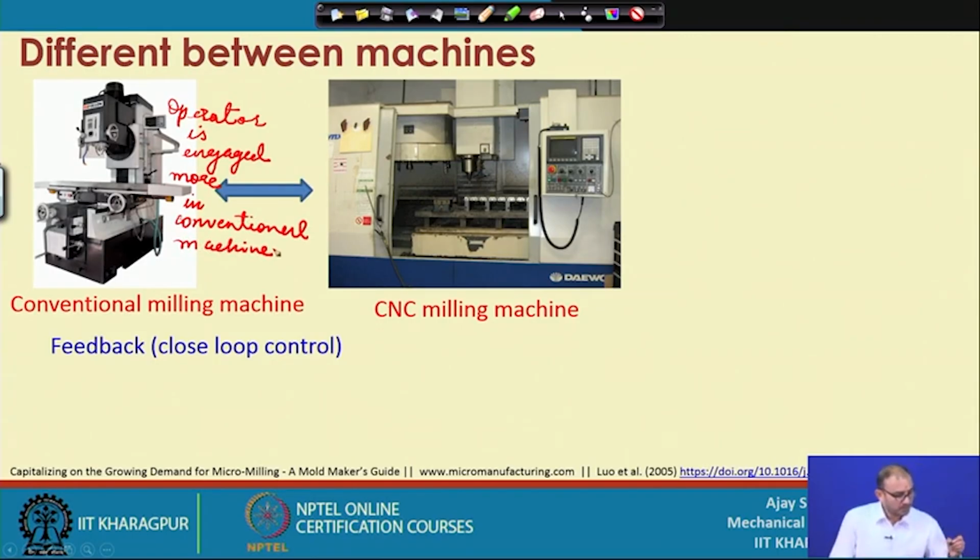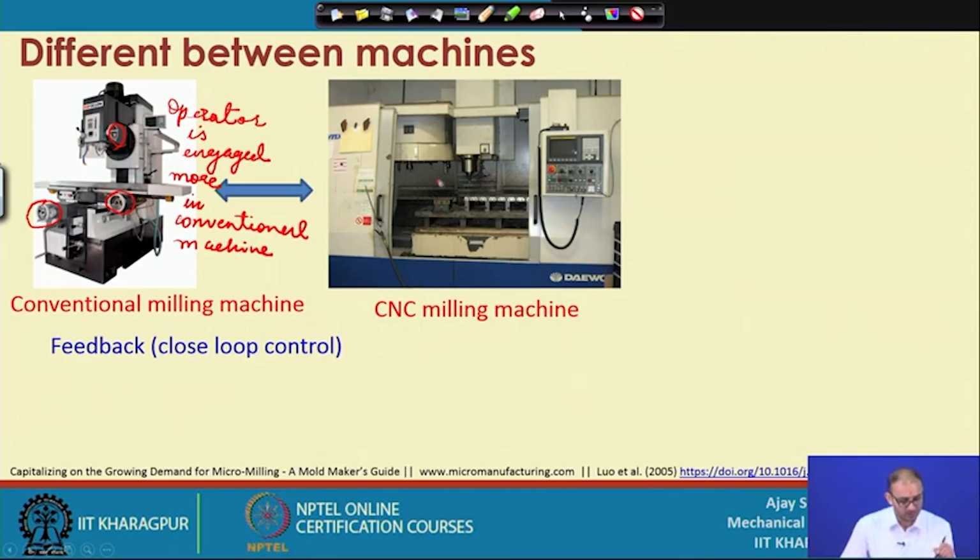Why is it so? Because in conventional machine, operator has to do all the setups and everything, and during machining also he has to operate all the things. There is automated feed available, but many times operator himself will do all these operations, that moving the job down and then do a small cutting, and many times it has to be performed in this case. So, engagement of the operator is more in the conventional machine,